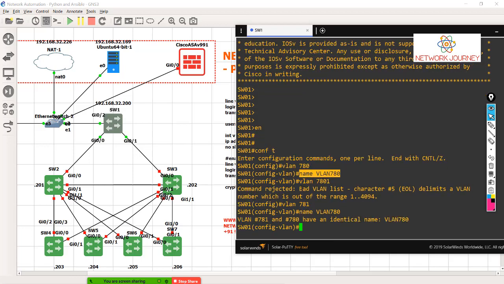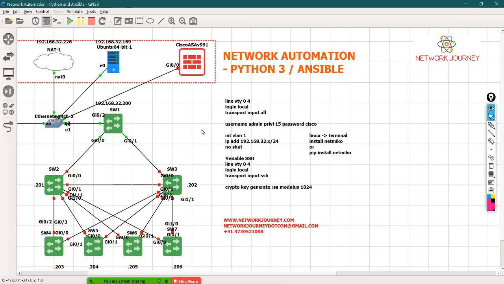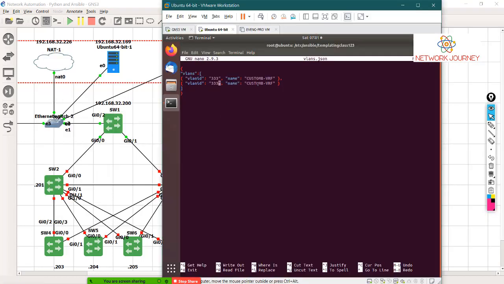It's going to give you some error. It says two names cannot be identical. In a similar way, don't make that mistake. You cannot keep two similar names. So let's be very specific for that.